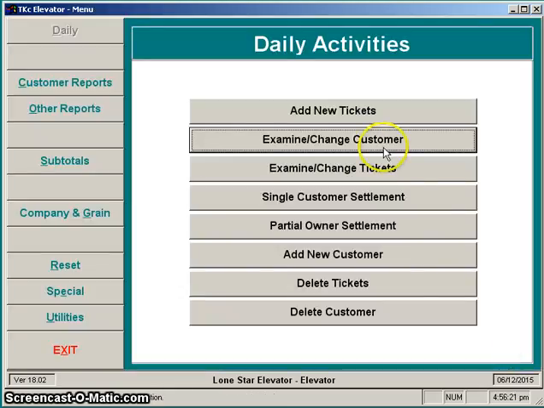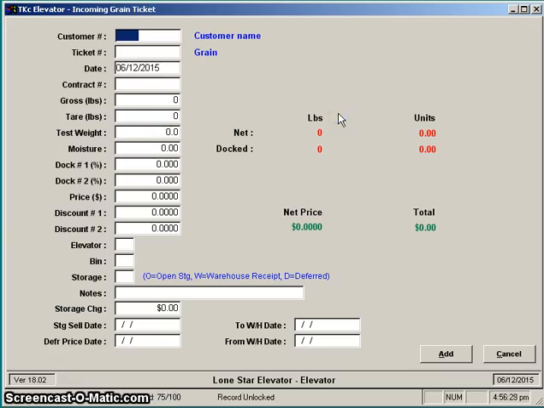So now we're back at the menu, and we've got some tickets in from one of these farms, and let me just show you what's going to happen. First of all, we're going to enter the customer number, and as I enter this customer number, you might keep your eyes down on that contract number and on the price, because as soon as I finish this customer number and press enter, you'll note that the contract got filled in, also the price got filled in. So this is ticket number 7126, and it's